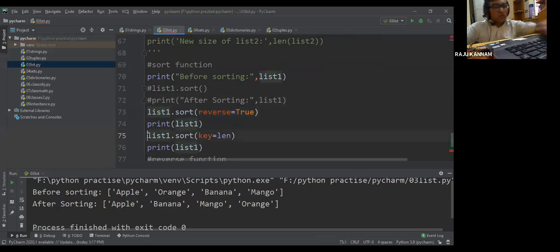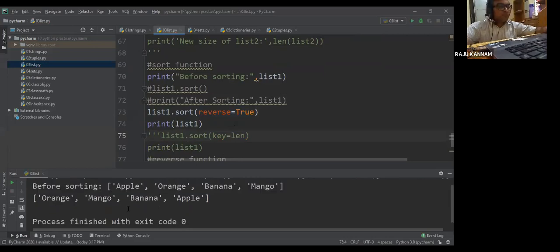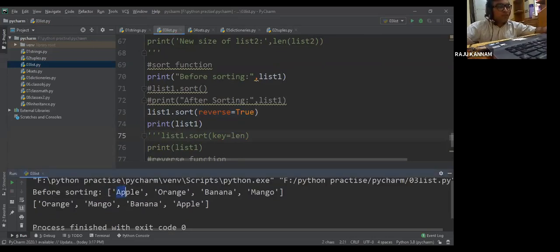Now we will execute and see this. Before applying the sort function, apple, orange, banana, mango was there. Now when you apply the sort function with reverse equal to true, those things will be reversed.